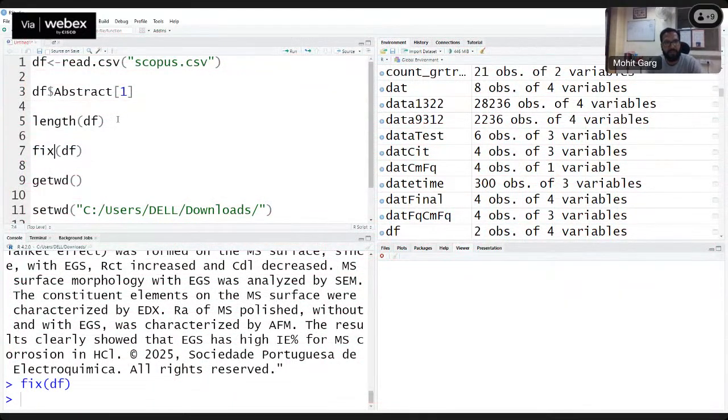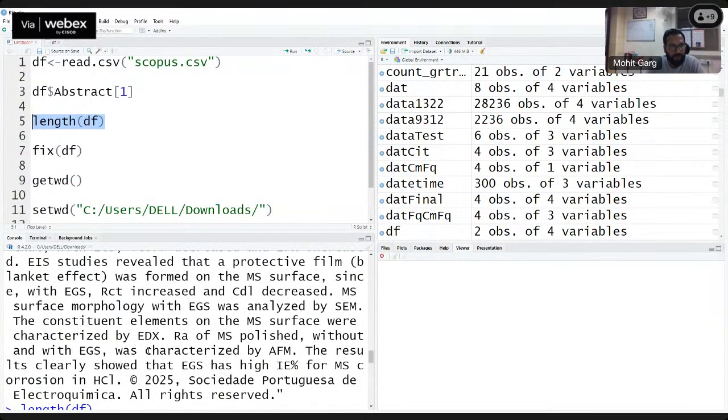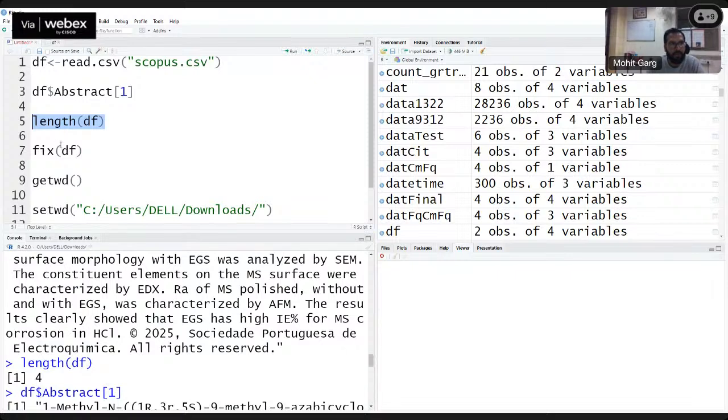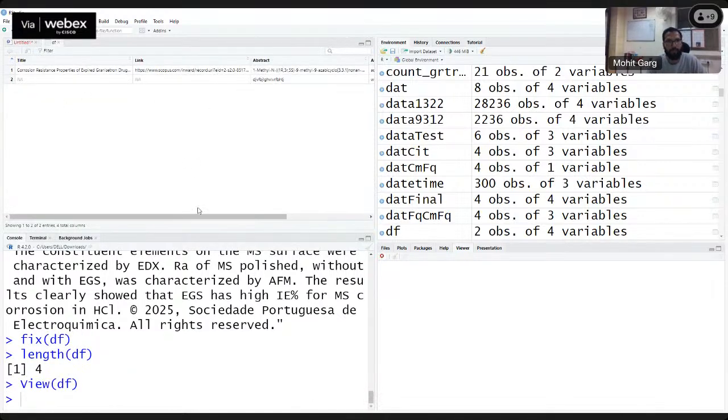Now if we see the length of the data, what exactly is this length? If I see my view data again, the 2 more columns I have added. And you have noticed that I've discussed that if you don't add the data, it will automatically add NA here. So this is my data, and if I have to see this particular abstract of this data set,